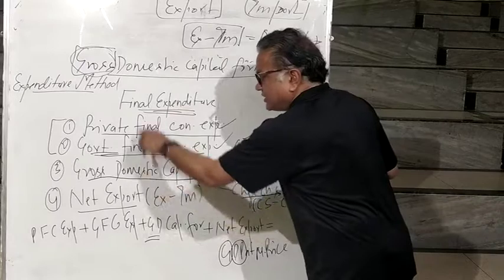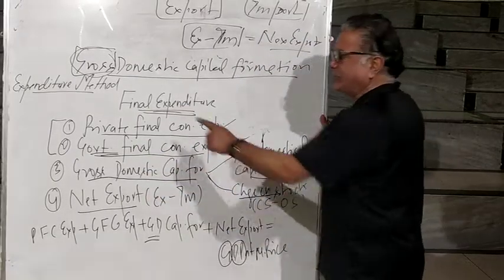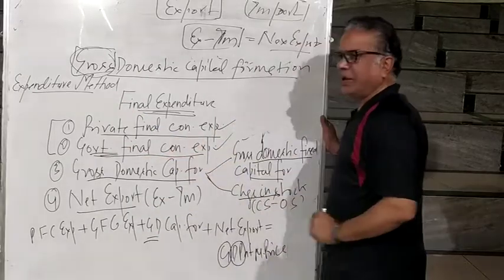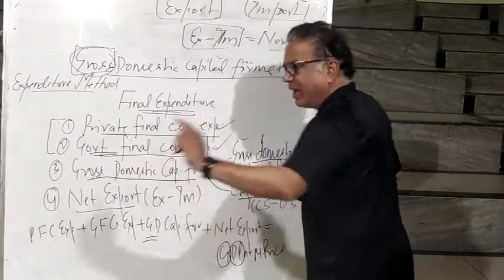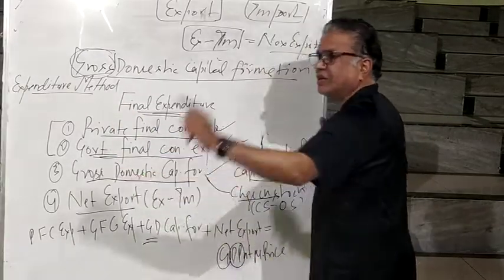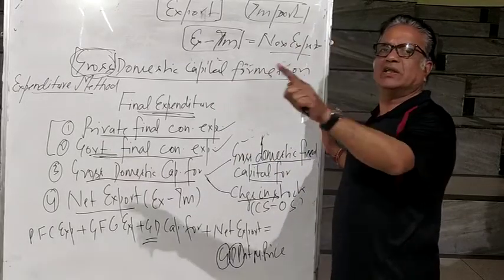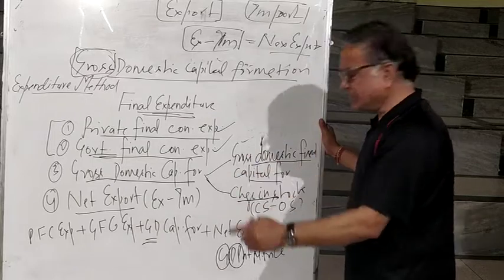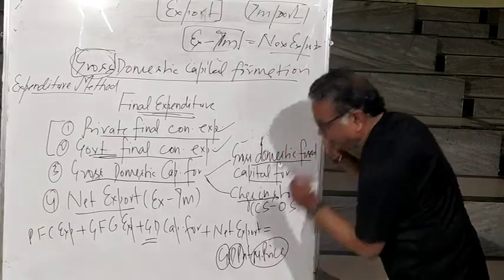This expenditure is made in the market. The consumer is making expenditure in the market, the government is making expenditure in the market, the producer is making expenditure in the market, the rest of the world is making expenditure in the market. When you make expenditure in the market, are taxes included or not? Included. So net indirect tax is included, that's why it is called at market price.